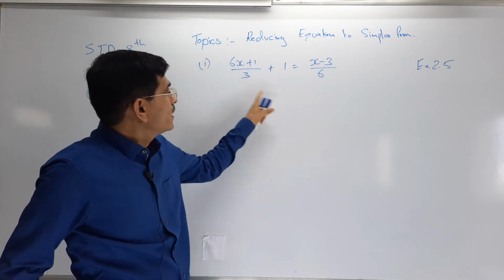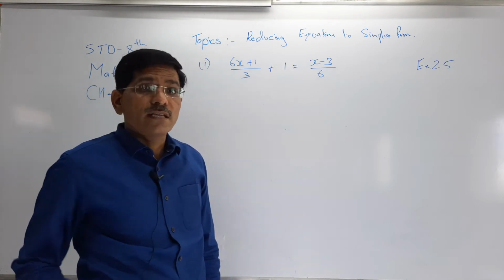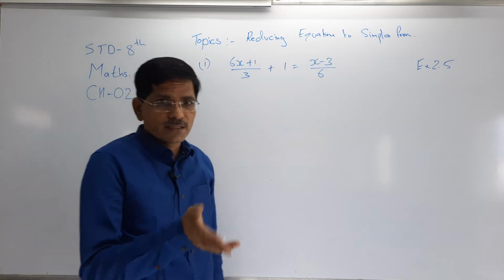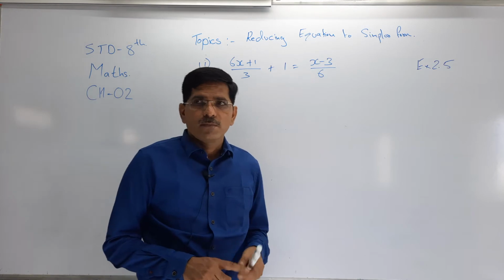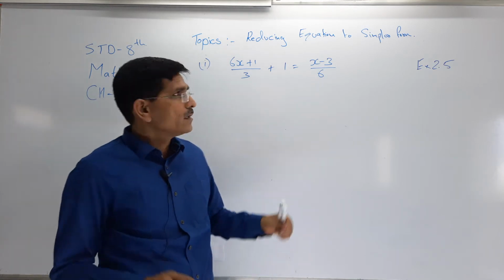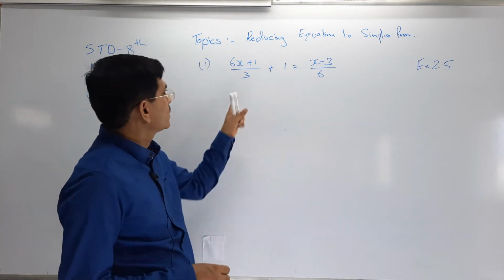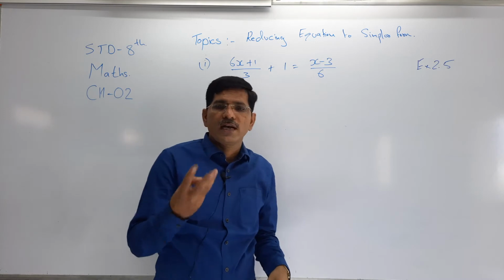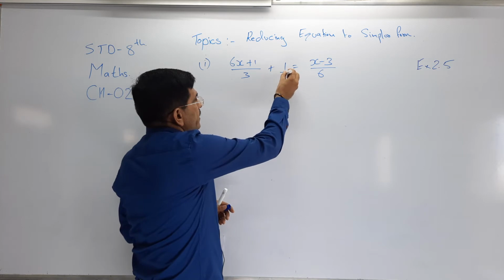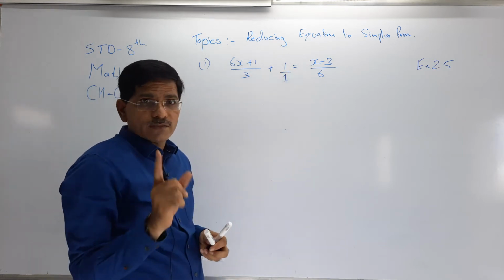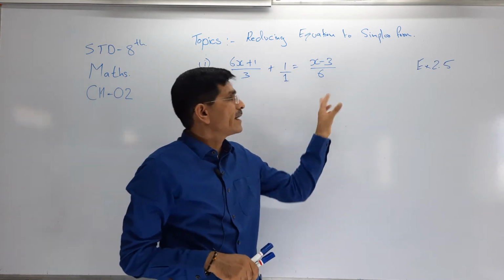First, 3 and 6. So 3 and 6 are there. To find the LCM first, that is important. In the last lecture also we discussed that when such type of sums are there, we have to simplify first. First of all you have to find how many terms are there. First term, second term and third term, so there are 3 terms. In the second term I have to write 1 because the numerator is 1 but the denominator is not given. So I write 1 upon 1 is equal to x minus 3 by 6.